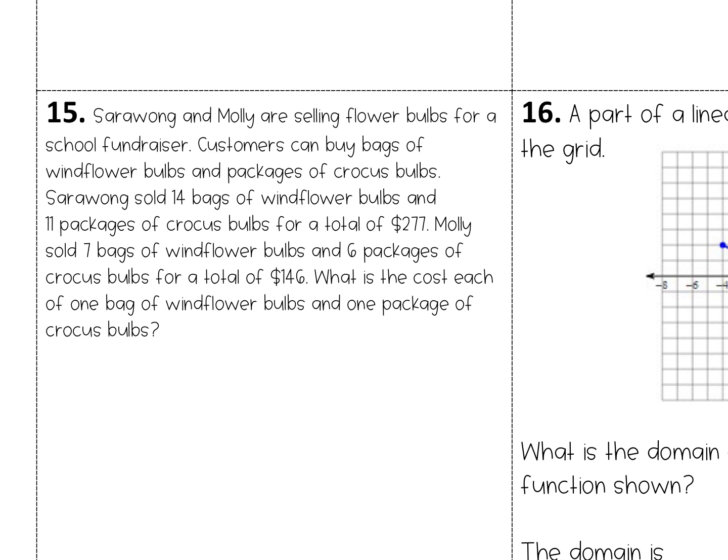So we have 2 situations. Let's talk about Sarah Wong first. It says Sarah Wong sold 14 bags of wildflower bulbs and 11 packages of crocus bulbs for a total of $277. I'm going to let wildflowers be X, so now I have 14X, and that means plus 11. I'm going to let crocus bulbs be Y for a total equals $277. So my first equation is 14X plus 11Y equals